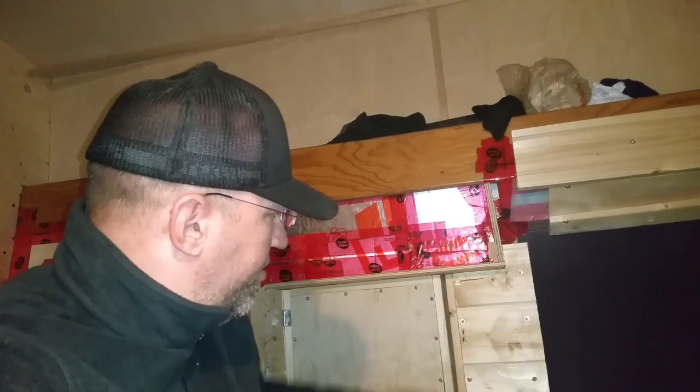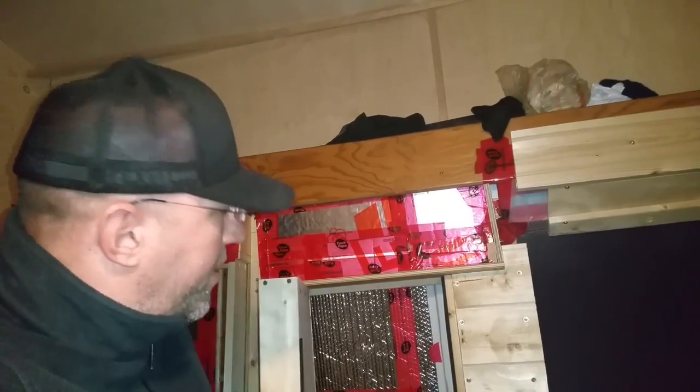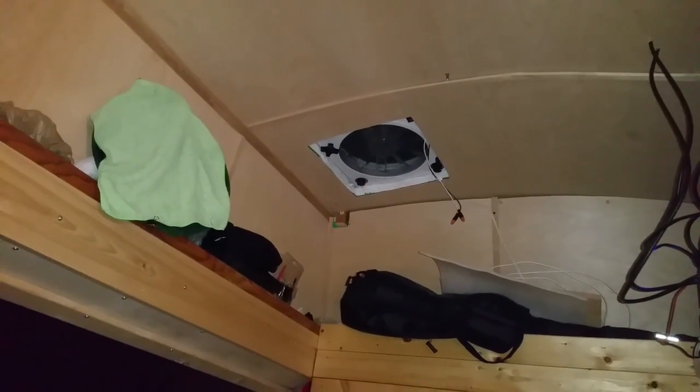So, with this window covering open, and with my Fantastic Fan roof vent rain cover on, I have lots of airflow, and I'm getting lots of good fresh air. So I'm not worried about suffocating. One of the big dangers of propane heaters is that if you don't have enough airflow, you could actually die. It's that serious because